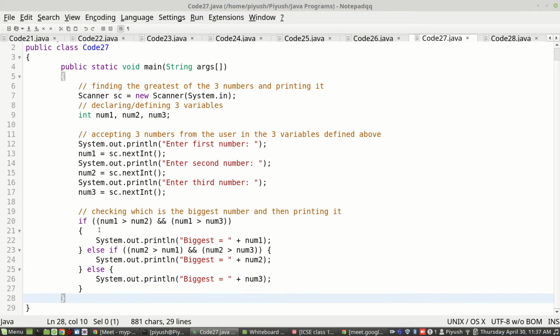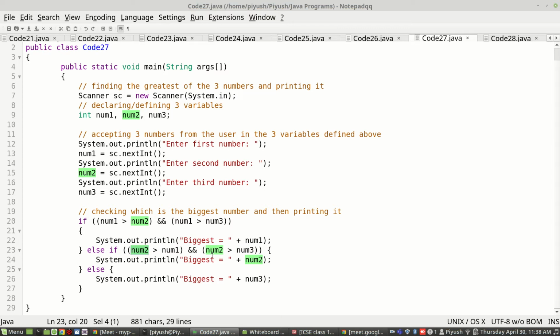So what logic? I'll repeat it again. Here in this condition, using the logical operator, we are checking, is num1 the greatest? If this is the case, yes, we'll print num1 is the biggest. If this is false, we'll go to the else if below and check, is num2 the biggest then, if num1 is not the biggest?